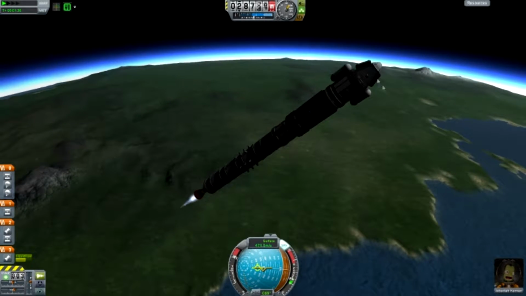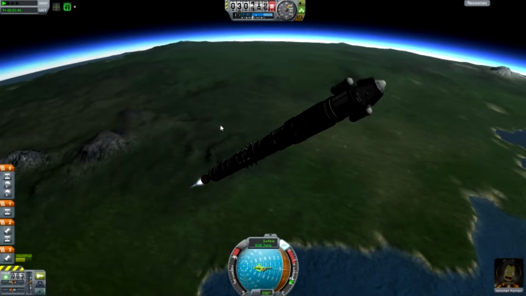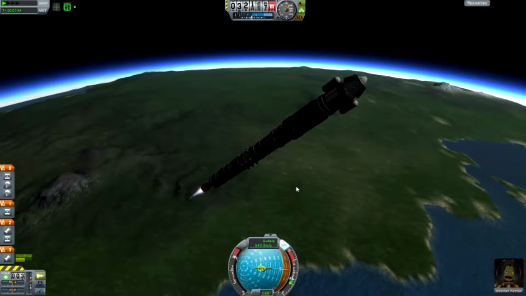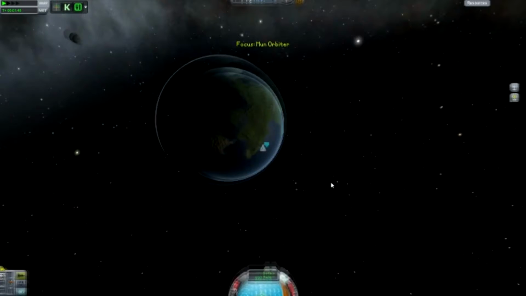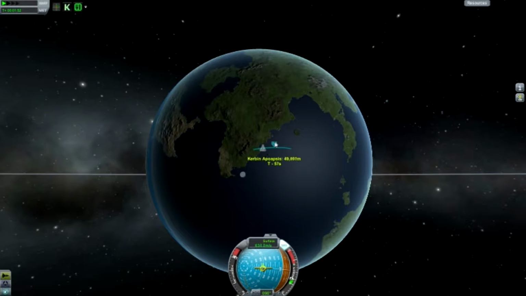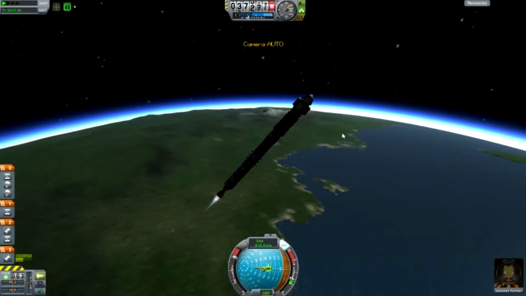But we have materials bay, 2 goo observatories, and our crew report. And Jebediah is going to be hopping in and out of his pod to gain as much science as possible. Let's take a look at the map here. We're starting to get up there. I'm going to keep it where it's at right now, but